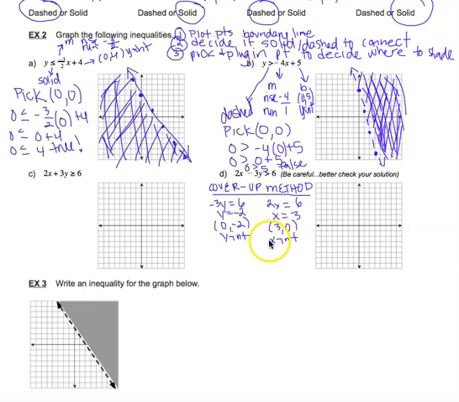So if I'm using this method, I would plot these 2 points, and then I would look at my symbol and I would say, okay, that means that this is a dashed boundary. And so I would plot these 2 points, so 0, -2, and 3, 0. And I would connect them with a dashed boundary. Now,